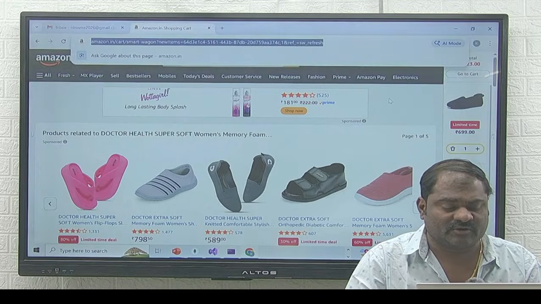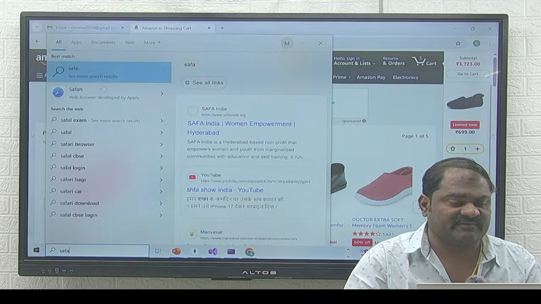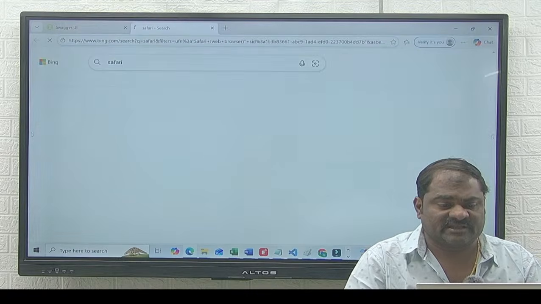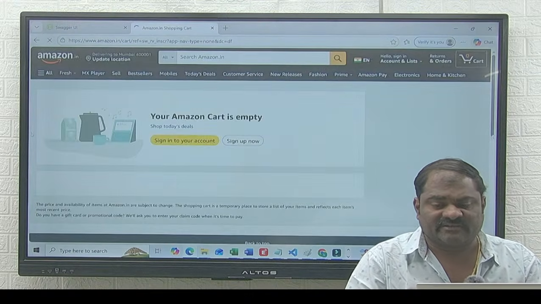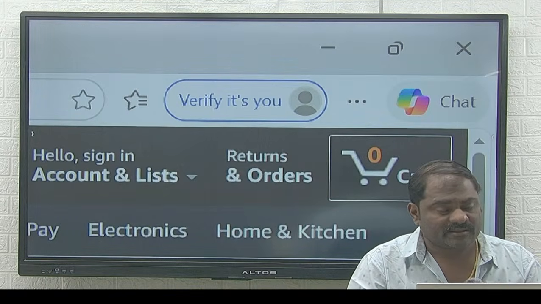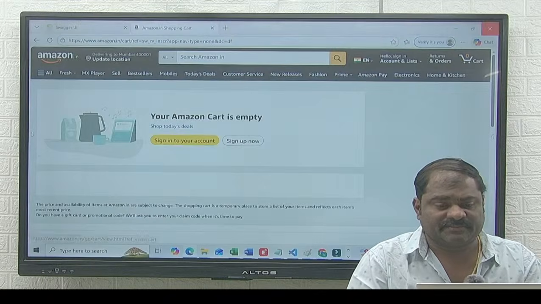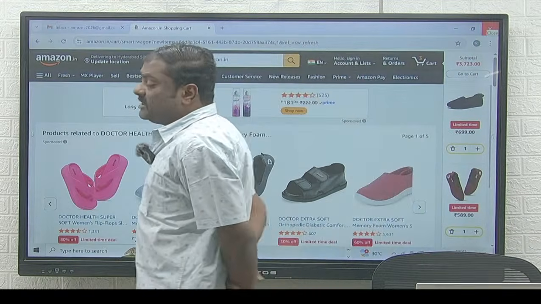Now I am in Google Chrome. Now I'll try to open Safari, another browser. Now in this Safari also I'll try to paste the URL. Press enter. Now here you can see how many items are there in my cart? 0. So previously when I tried to open Amazon in Google Chrome,